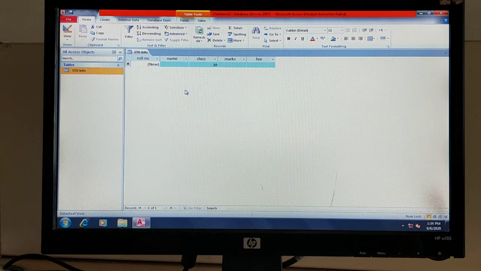As we discussed earlier, forms are helpful for all users. Suppose a user is a non-technical person, or doesn't know much about MS Access, so we all know how to insert the data directly into the table.